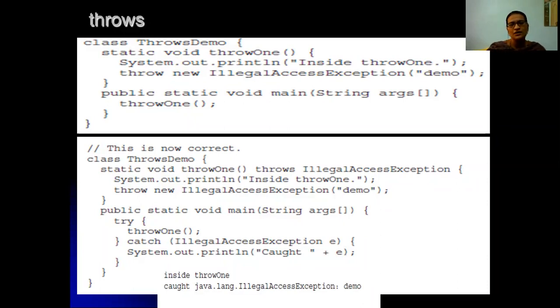Throw can be used for creating our own errors or our own exceptions, but throws is used with the method signature. So here void throw1 throws IllegalAccessException. With the method signature you use the throws clause, and within that you can have try and catch blocks.